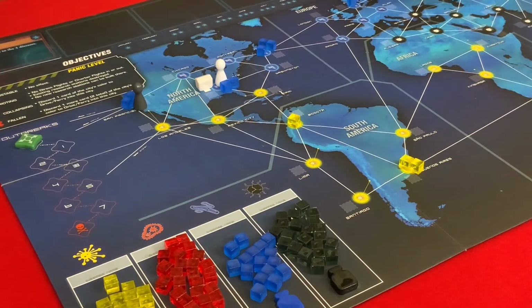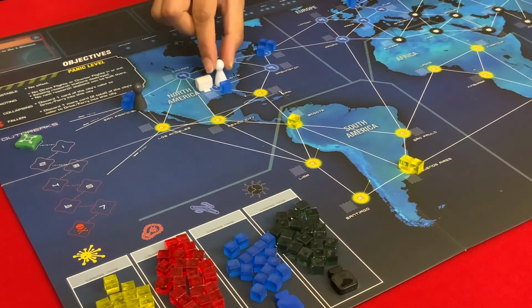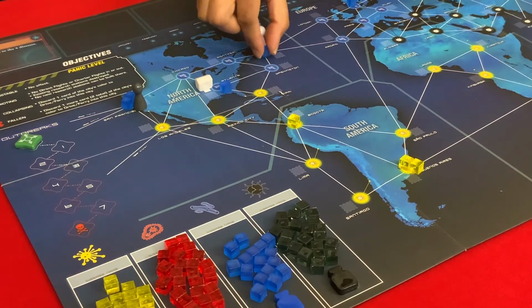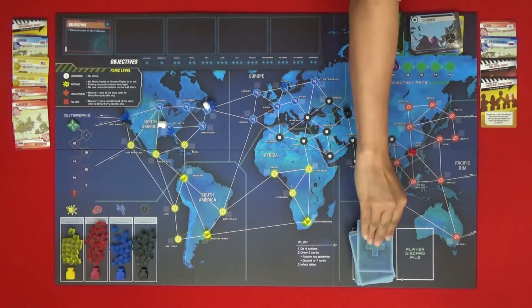Okay, should I get 1 from Atlanta before I go to New York? If Atlanta ends up outbreaking, then we'll lose our research station there. Yeah, so I think I should remove 1. So 1, 2, 3, and then 4. Okay. And for my player card,